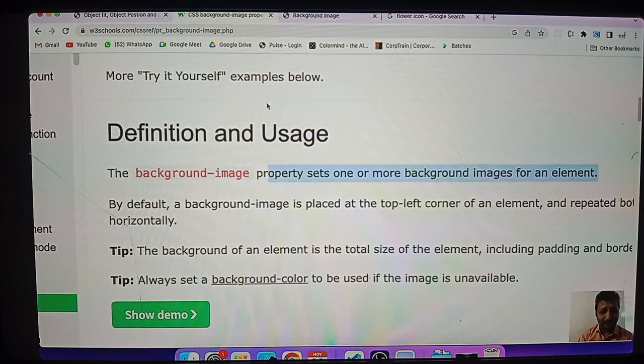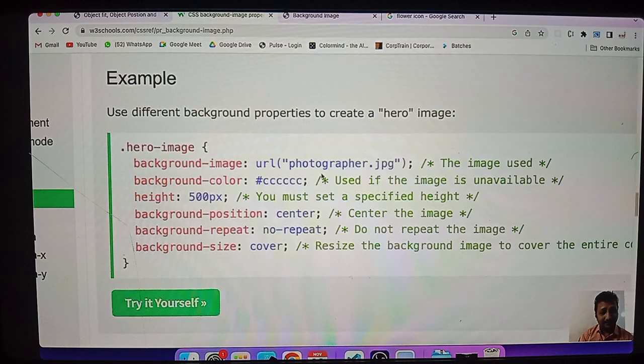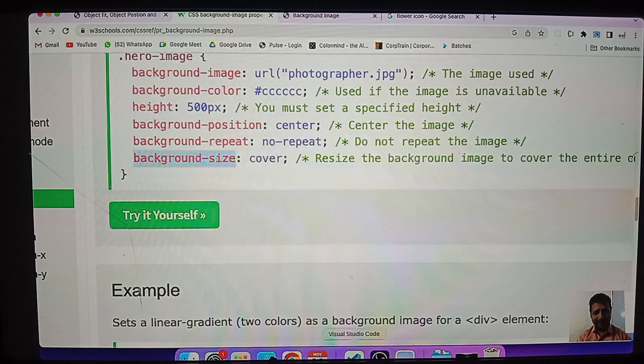Also, certain CSS properties are there. Background image we have covered. Background repeat also we have covered. Background color also we have covered earlier. We have something called background position also there. Background size also there. These are a few more properties. We already worked on what is the position. It's similar, right? Now what I will do, I'll just say